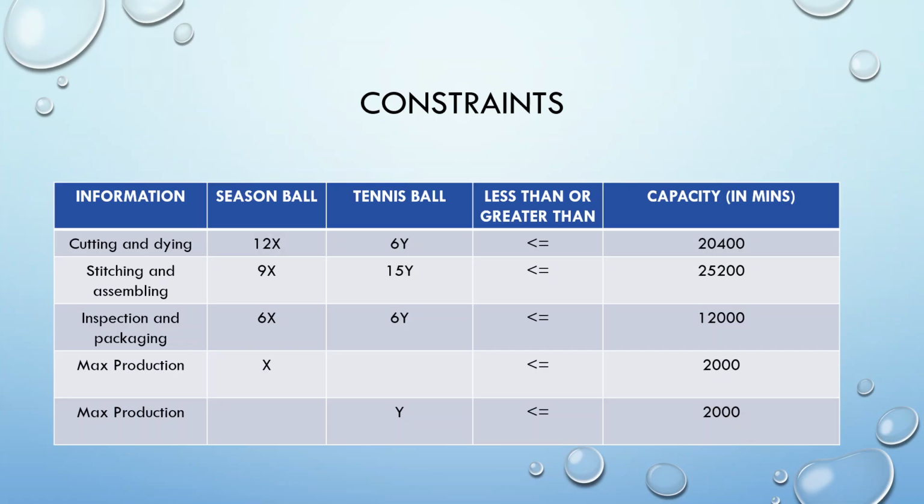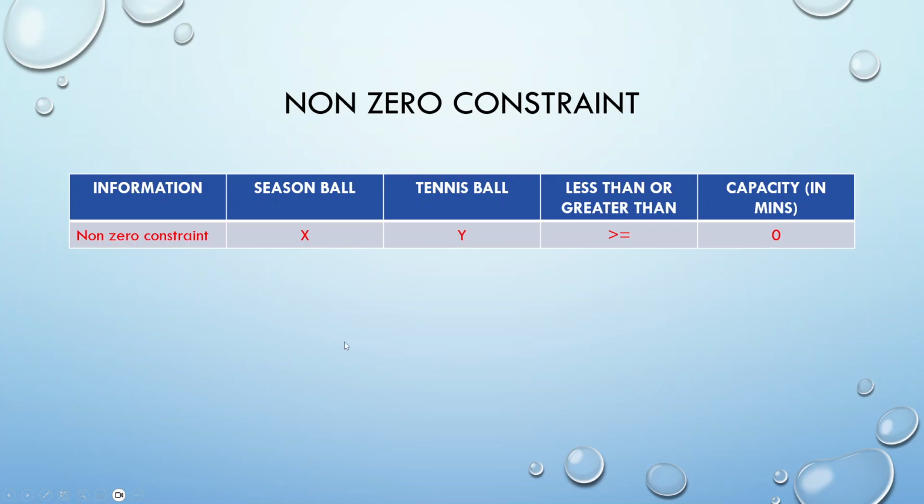The last point is the non-zero constraint. Non-zero constraint means I can make zero season balls, or I can decide to make zero tennis balls, but I cannot have a negative quantity. So that's why my x or y should always be greater than or equal to zero. It can be zero, that is possible, but it cannot be negative, and that's why it's known as the non-negative constraint, or you can say non-zero constraint. Okay, so now